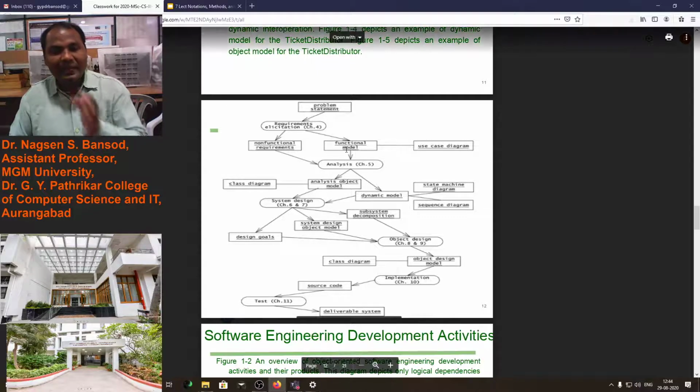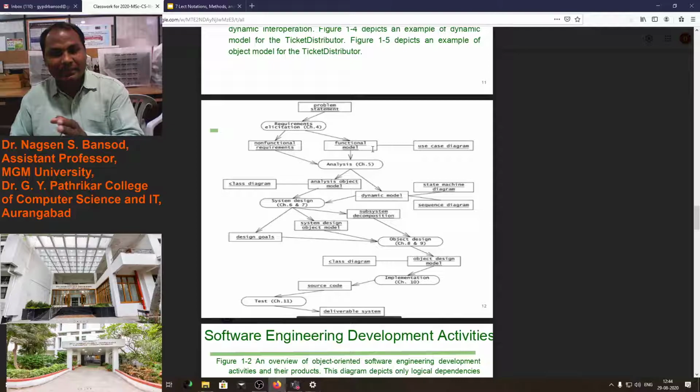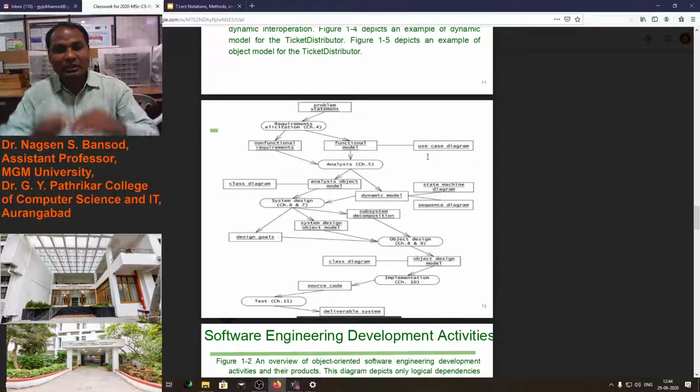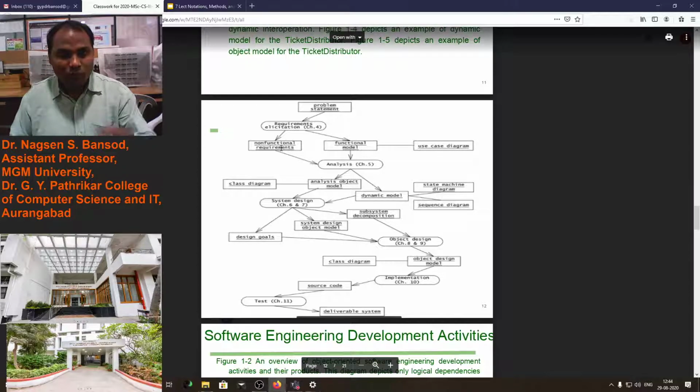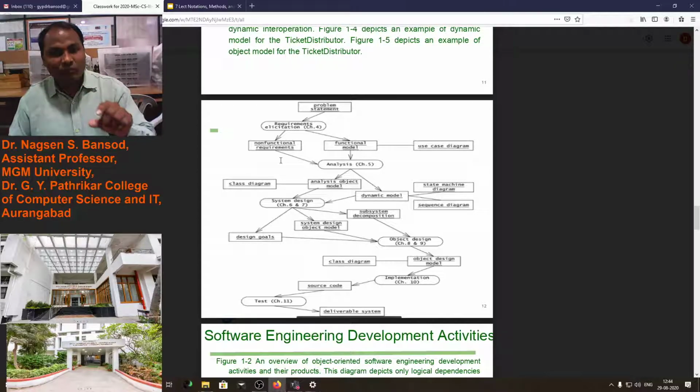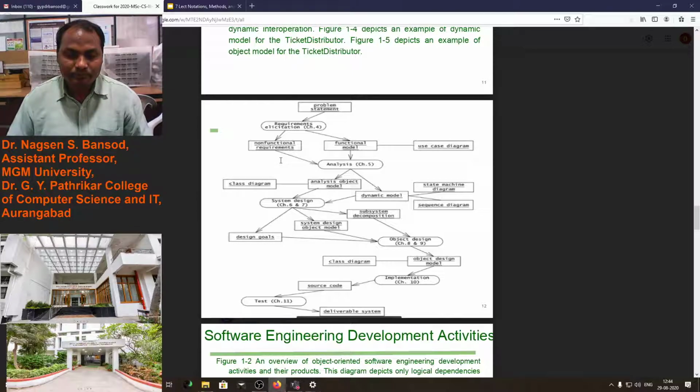For functional and non-functional requirements, we will use the use case diagram. Keep in mind for a long time: we should create the use case diagram at the time of functional as well as non-functional requirement elicitation. Okay, got it? Bhakti, understood?